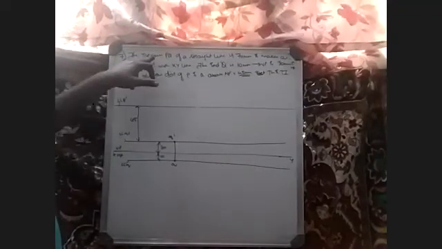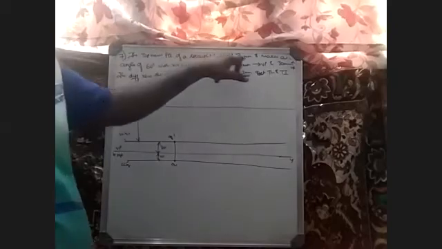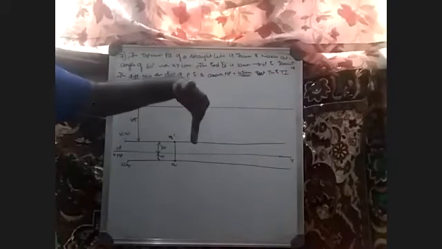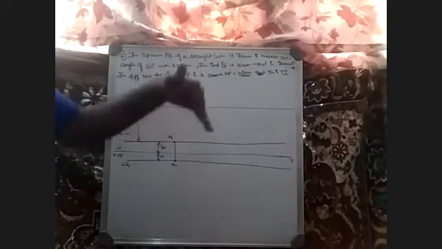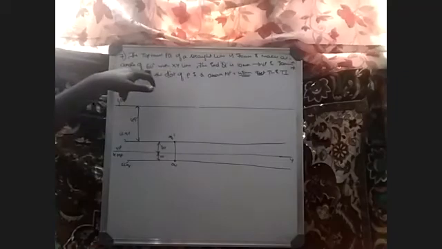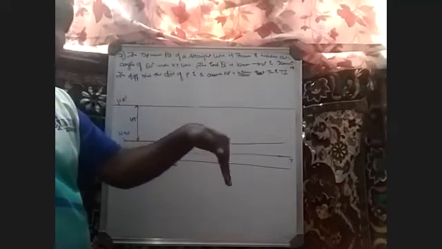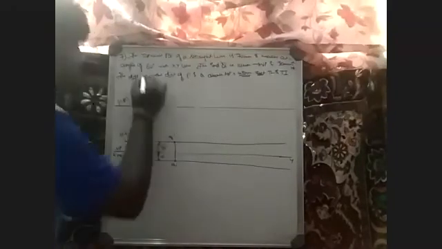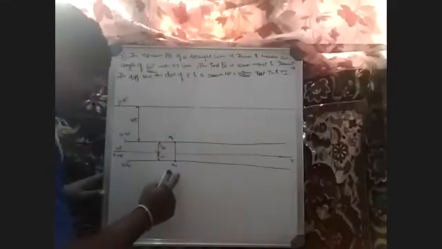Just observe. Top view PQ of a straight line is 70 mm, making an angle 60 degree. Top view means which plane? Horizontal plane. So on the HP, that is below the XY line, you have to draw a line whose length is 70 mm at an angle 60 degree. When you are viewing it from the top, the apparent length is seen as 70 mm at an angle 60 degree. So it is below the line. So take your protractor here, measure 60 degree. In the top view, you have to measure 60 degree, draw a line. This angle is 60 degree.